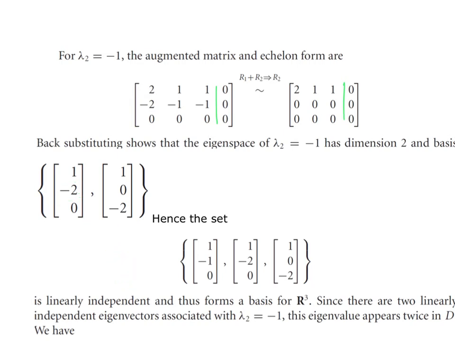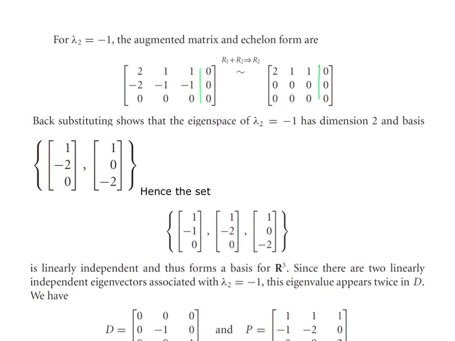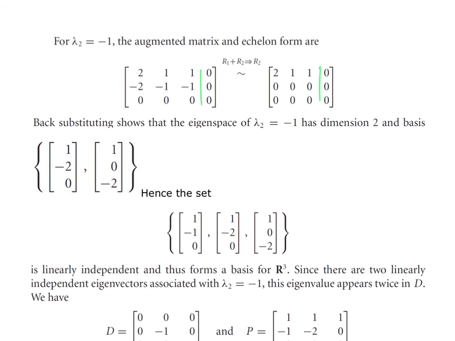All right, so I have an eigenspace that has a dimension of 2, right? Because it has a multiplicity of 2. The basis tells me that I have to have 2 vectors, and I do. Because the multiplicity is 2 on this eigenvalue, I should end up with 2 eigenvectors, and I do. And so here we are. This is going to be a linearly independent set. There are 3 vectors and 3 entries, which means we have a basis in R3. They are linearly independent, and that tells me